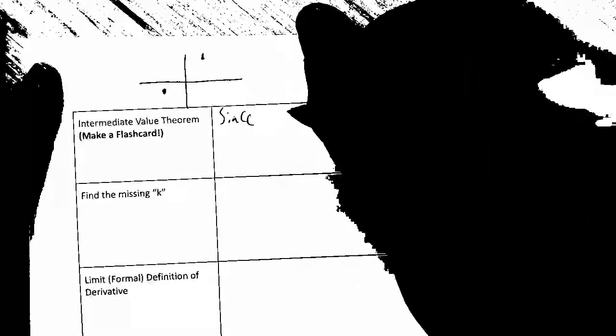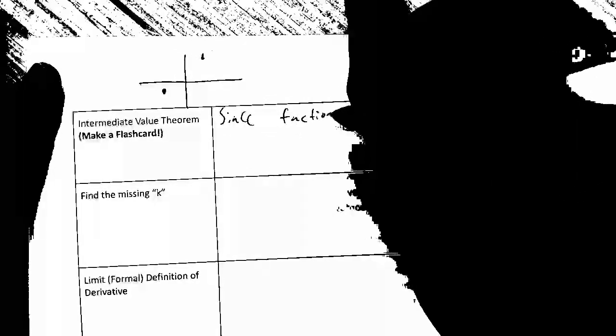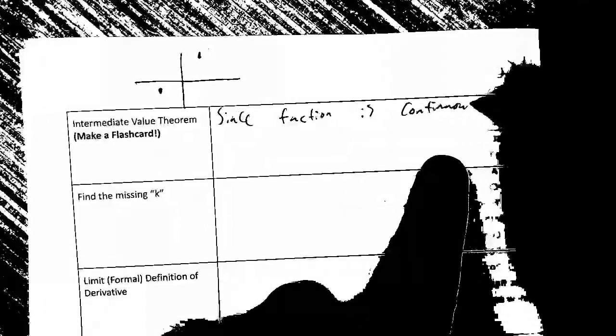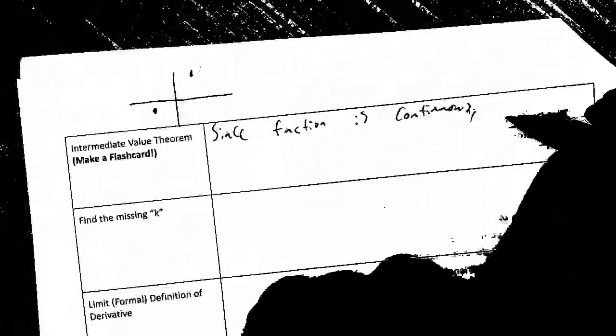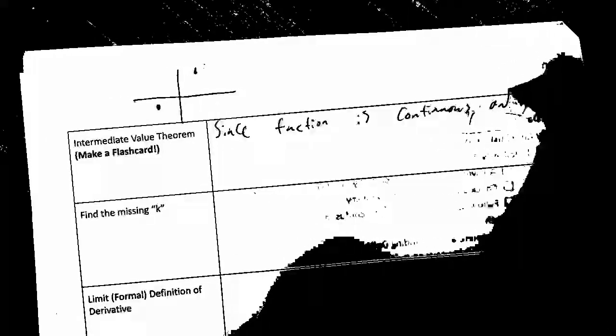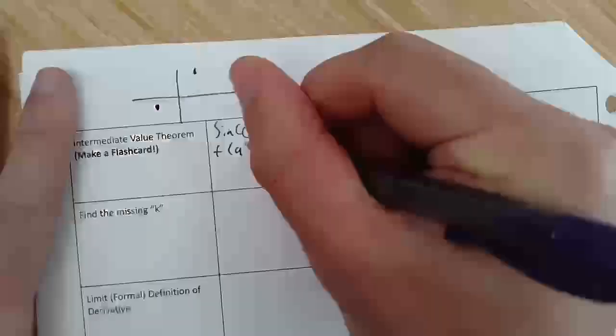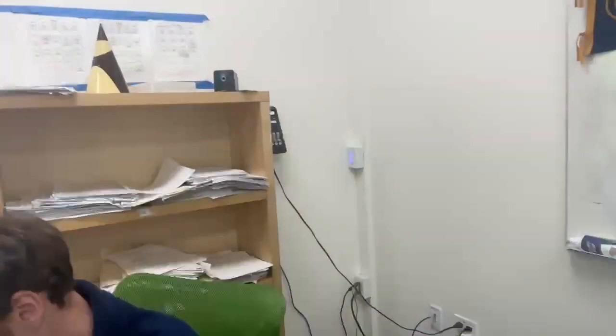So the sentence that you need to know is that since the function is continuous, and f of a equals some number, and